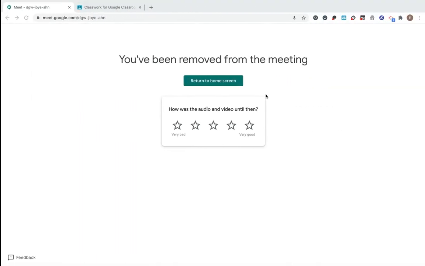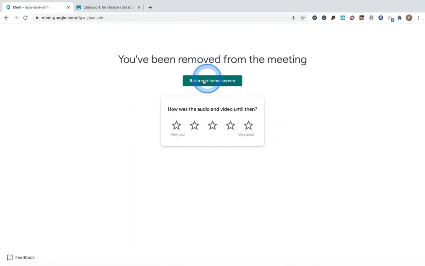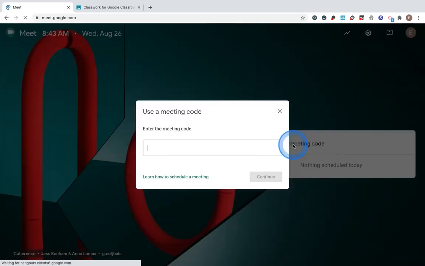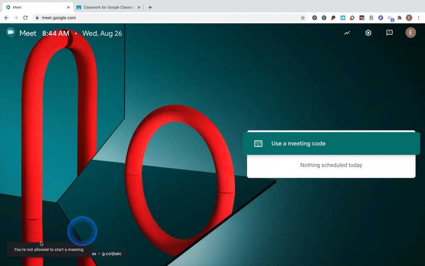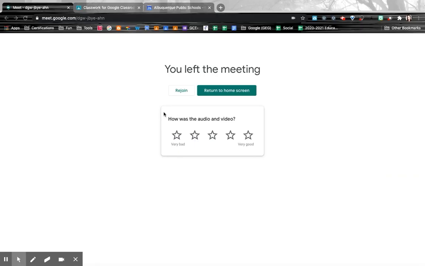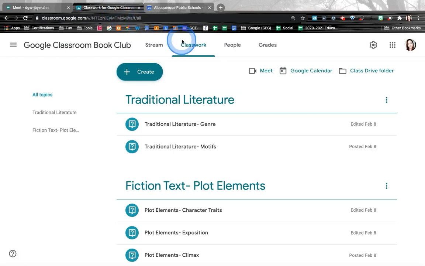Go back to the student side. If a student tries to go back to that meet right here, they're not going to be allowed back into that meet. Okay, so understanding this concept of students not being able to use nicknames, know that in Google Classroom, when you are